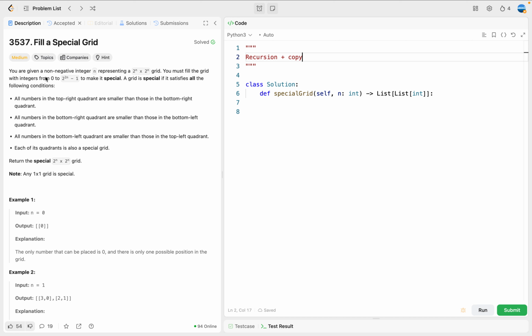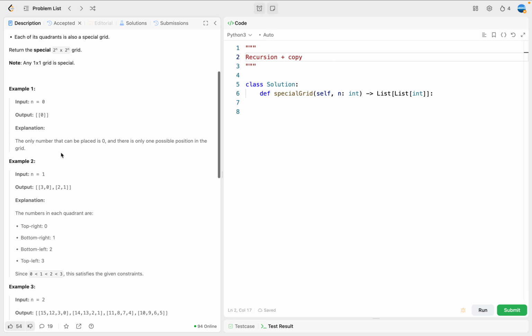So basically, we're given an integer n representing a 2 to the power n times 2 to the power n grid. Then we must fill the grid with integers from 0 to this number minus 1 to make it special. A grid is special as defined by these 4 items. So basically, it means that if you draw it,